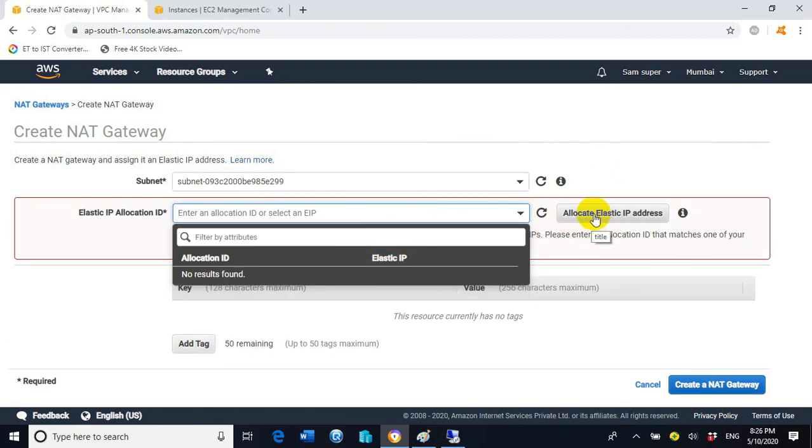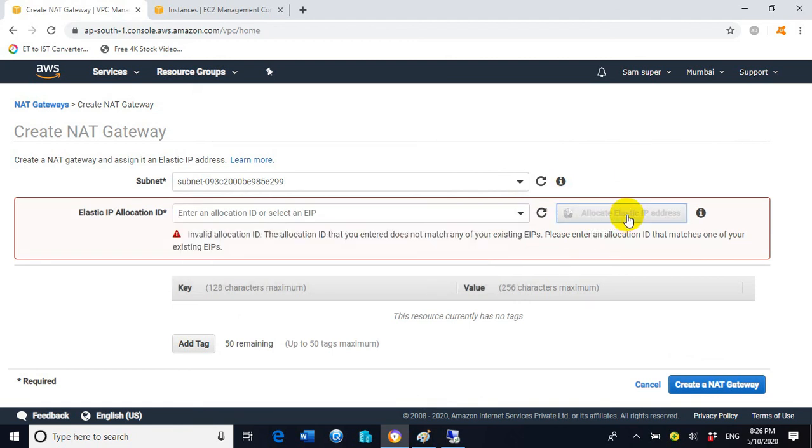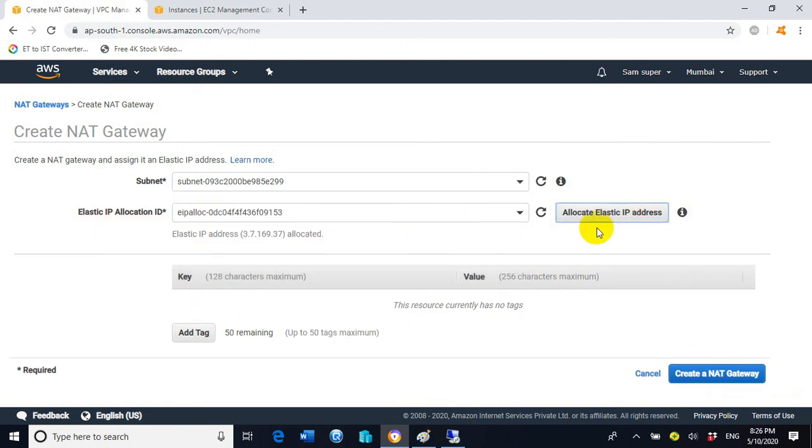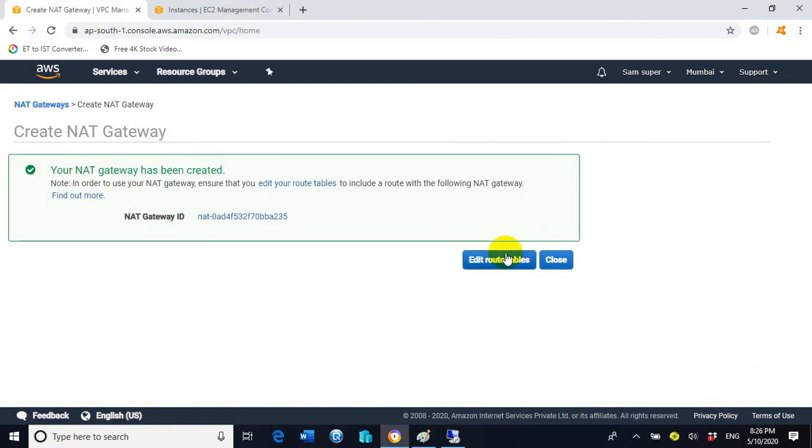Now click on Allocate Elastic IP Address. So now you can see here the elastic IP has been generated and allocated. Now click on Create a NAT Gateway. So you can see a message on the screen, your NAT gateway has been created. So this is good. Now click on Close.